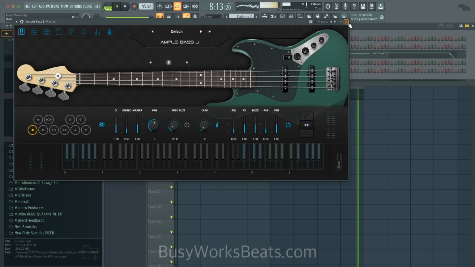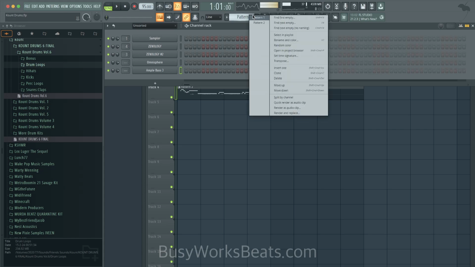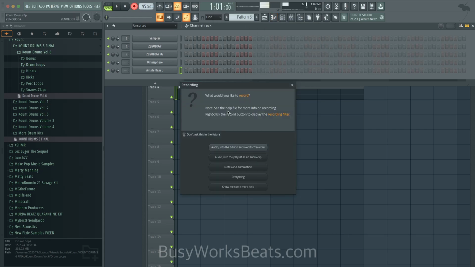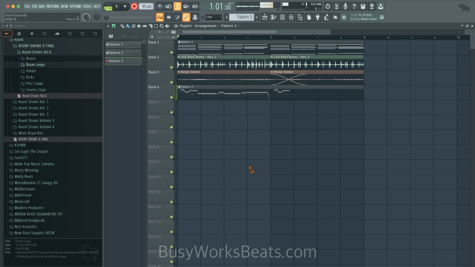Okay, let's do it. So now we're picking more organic sounds and it just feels more real. And that's why I like organic drums as opposed to synth drums.